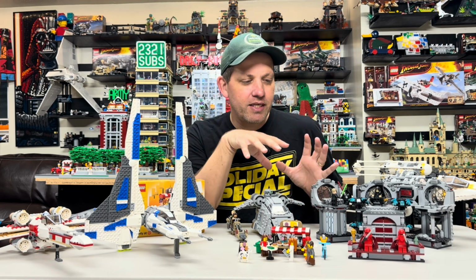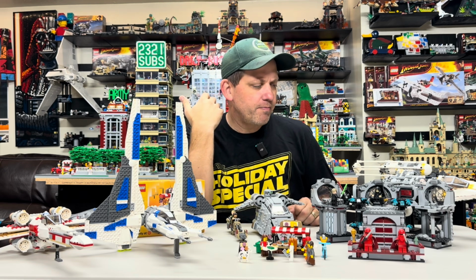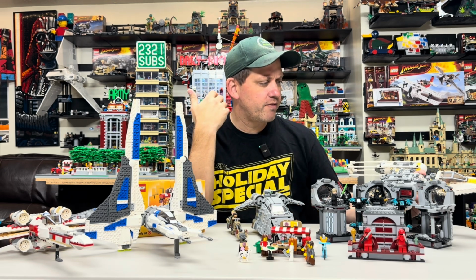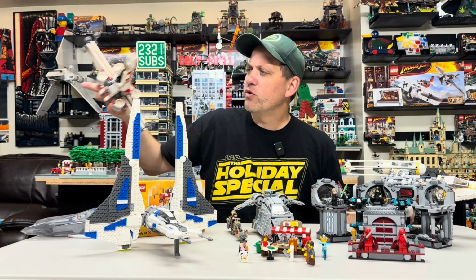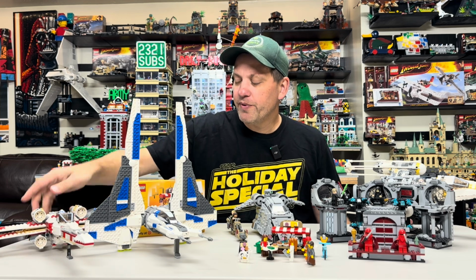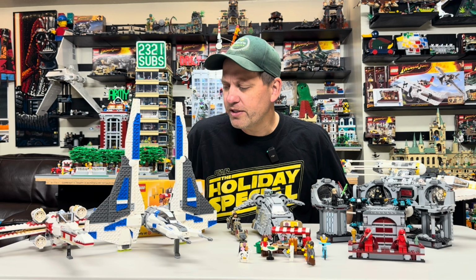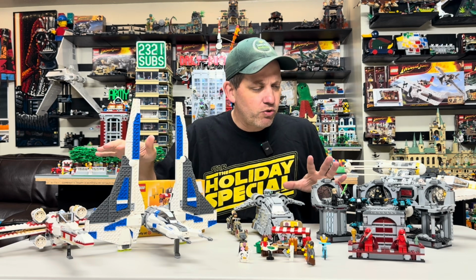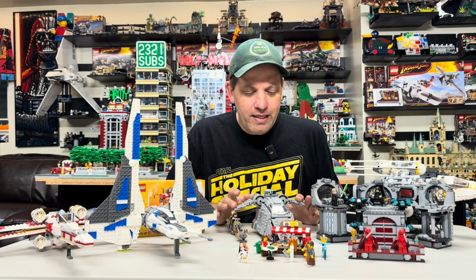And so I have been in the past collecting a lot of the Star Wars the last number of years. Some of the stuff I have is even older. Like this is the old Y-Wing. We've got the old X-Wing. This one, I want to say this is 2010, 2008, somewhere in there. I remember we picked that one up when we went to Legoland, and my son didn't build it, and it sat sealed for a number of years. But anyway, some of it's older, some of this stuff is newer,